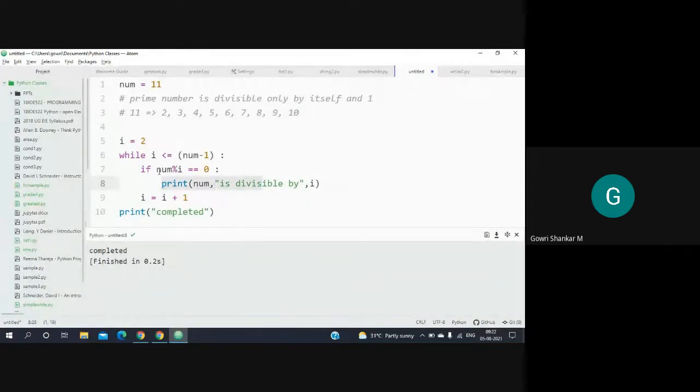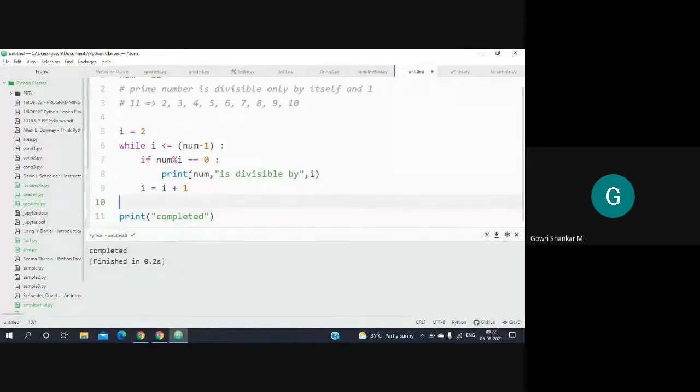And when it is coming out of this while loop, what can I say about the i value? The i value will be equal to num. Because when it is equal to num minus 1, it will go inside, and then here we have i is equal to i plus 1.